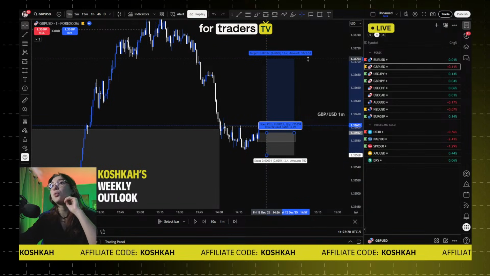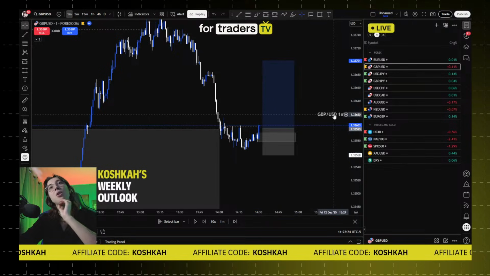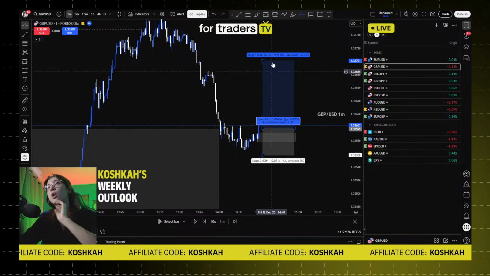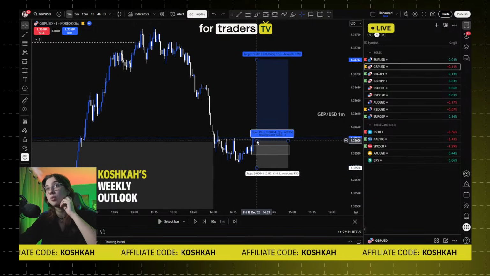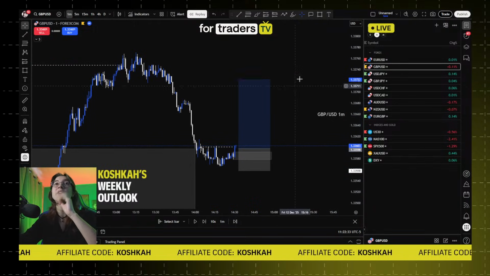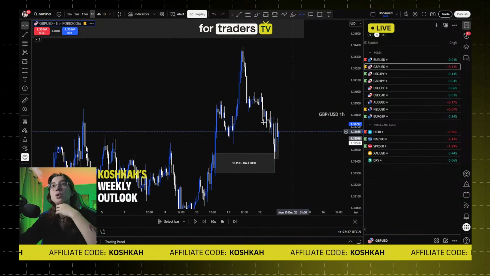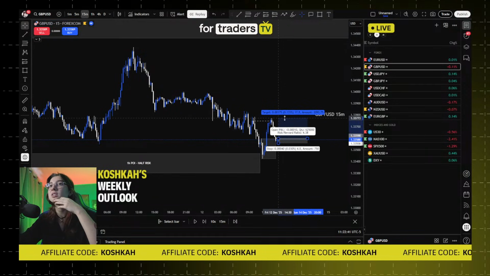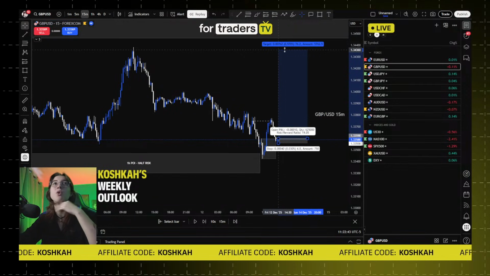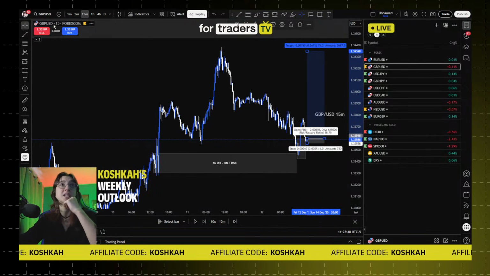My 1 to 3 risk to reward would be my take profit 1, and again you can always add a little bit of pips for your spreads. So 1 to 3 risk to reward would be your take profit 1, and your take profit final in this case would be the hourly high. You have two options. Either you close it at the 15-minute high, but overall the take profit is the same as it was at this high for 1 to 18.